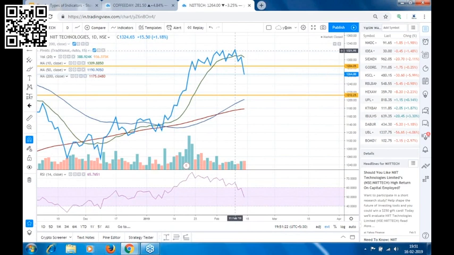Now, RSI is your momentum indicator. That is, it should move along with the price. But what we are seeing over here is that the stock is making higher highs. But if you look at the RSI, with every high it is making a lower high. That means RSI is pulling back, but the price is going in the upward direction. So this is your negative divergence.